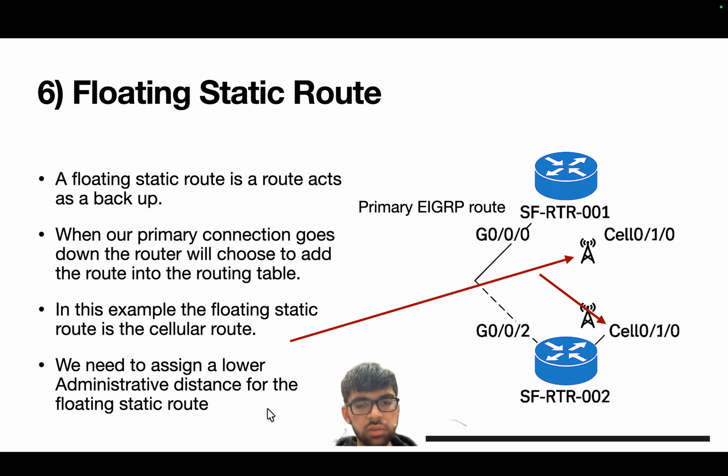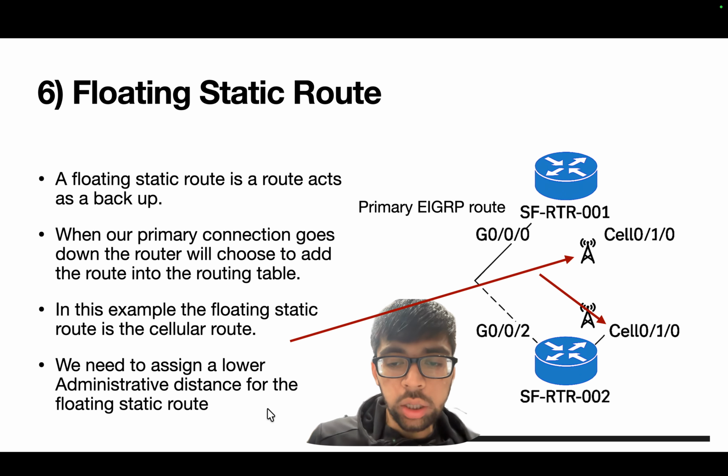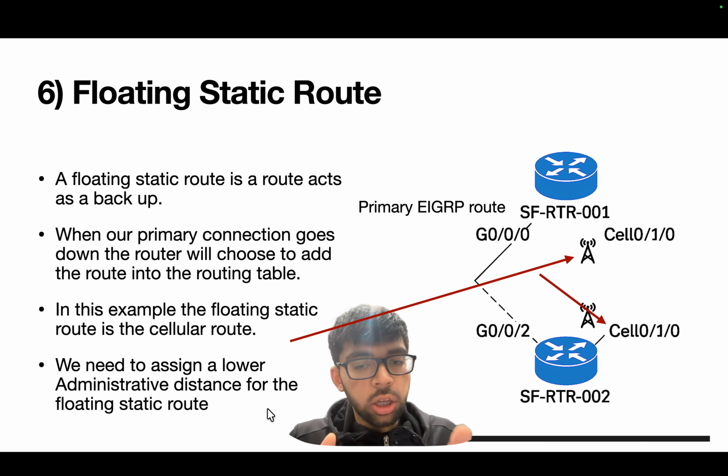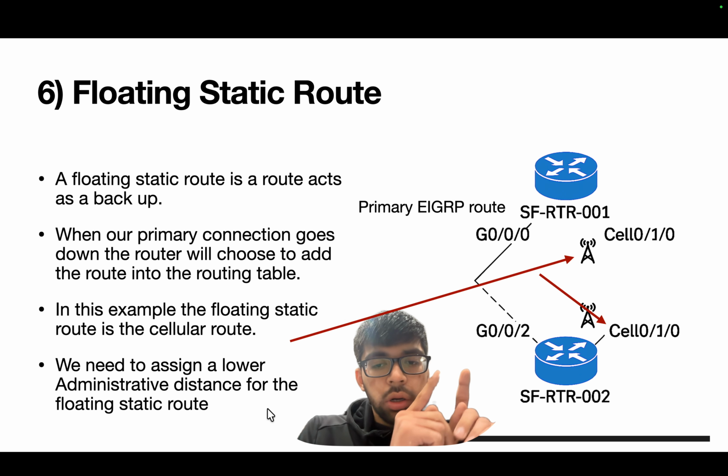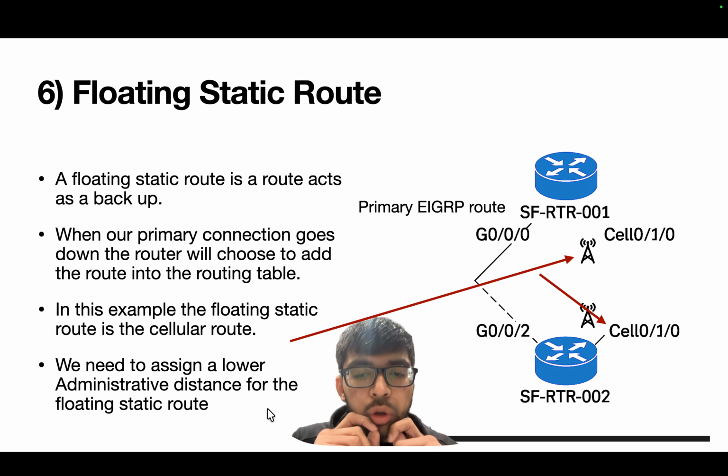is like a trust value. It's like a trust score. How much do we trust that route? The lower the better, not the higher the better. So the lower, the more trustworthy that route becomes. So we want to assign